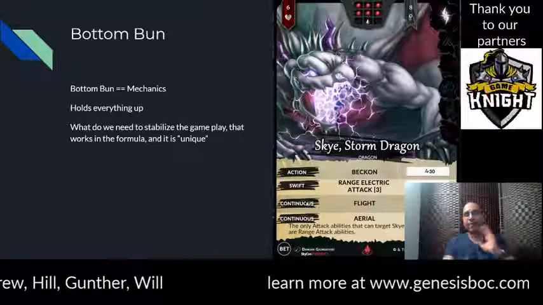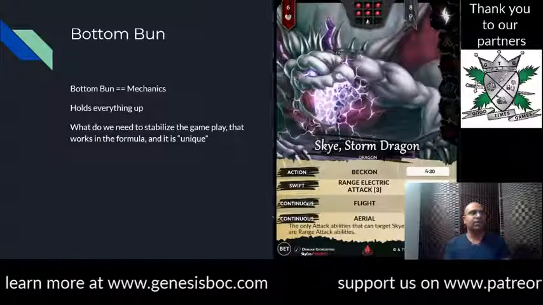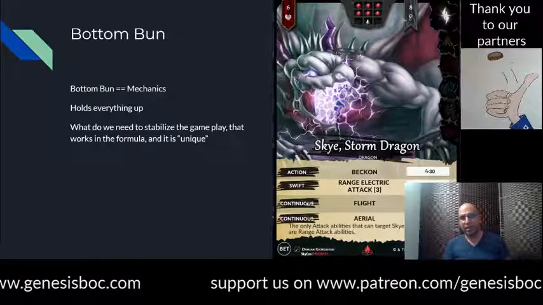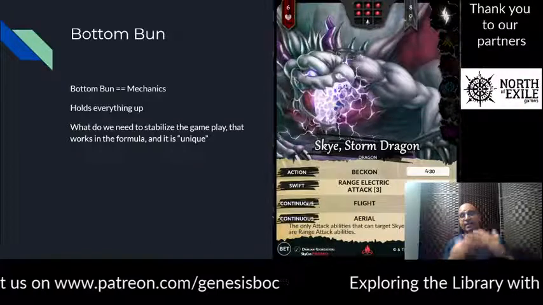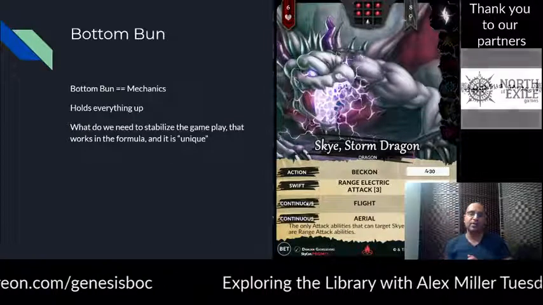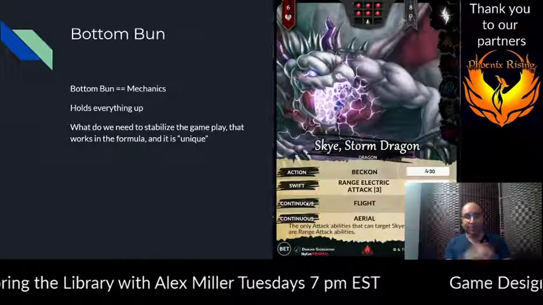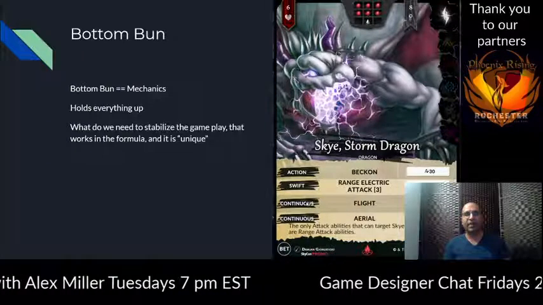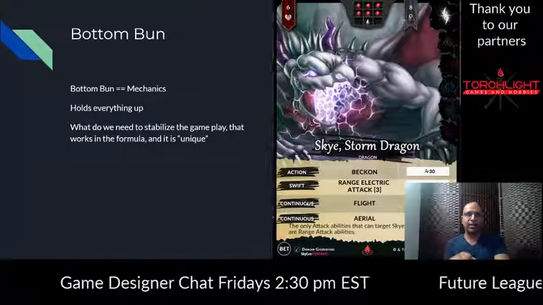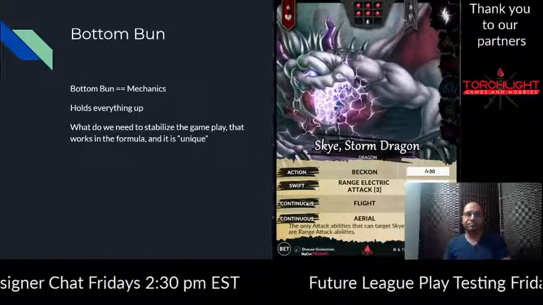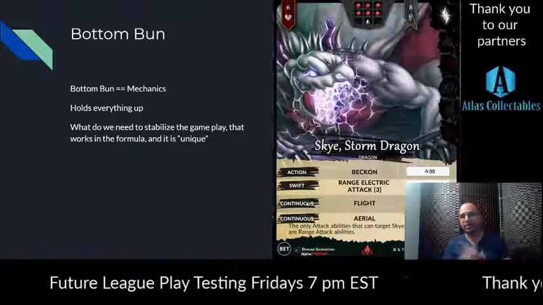Now, not every card fits within the formula, and that's definitely one of the weak points about it. Cards like Firehill won't fit in the formula. Fortification don't fit in the formula. That is more of a gut instinct on the designer end. This is what I feel the card should cost. And then we go into testing to see if we're right about it. But vanilla summons, we're pretty confident in the way the formula holds that summon up. So the formula is very key when it comes to creating the mechanics.